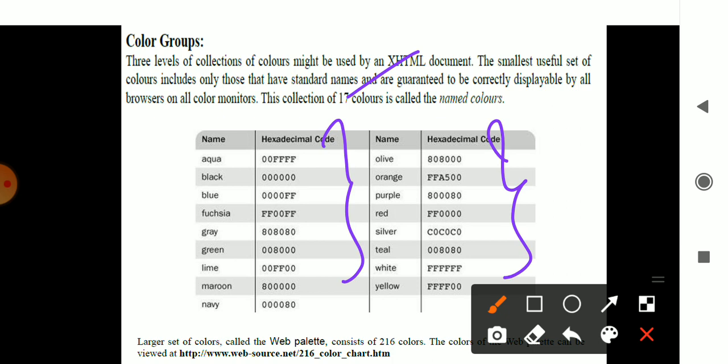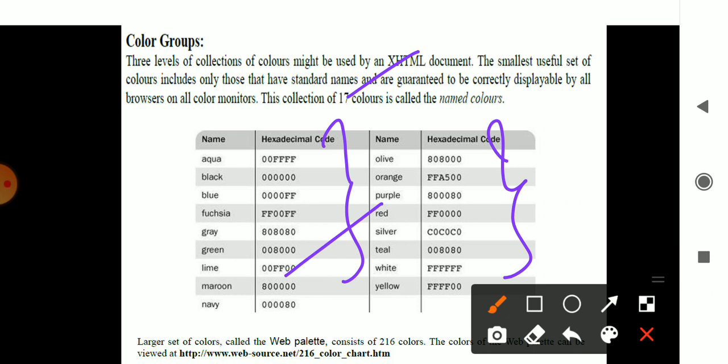Otherwise, you can specify the color directly, but if you are specifying colors belonging to that particular code, then it is specified here. You can have different other colors. Also, you have common colors like red, green, blue. Other than that, if I want other colors to be specified, I can do it with the help of the code. So the coded format table is presented here, which you can see.